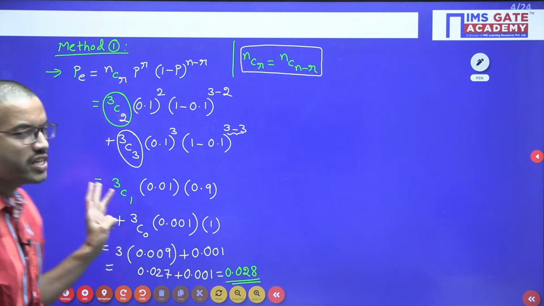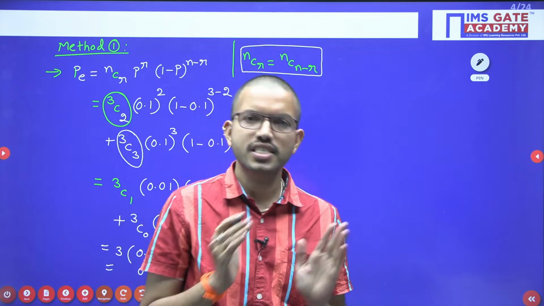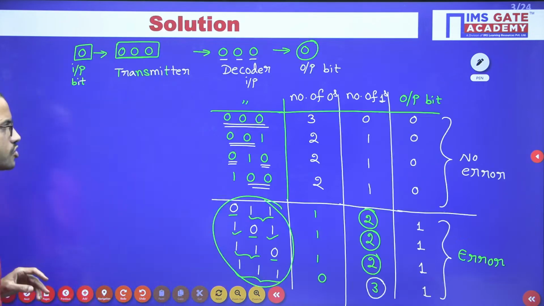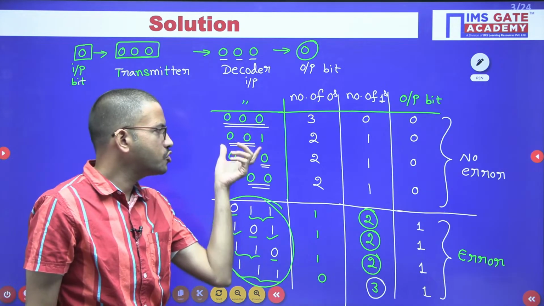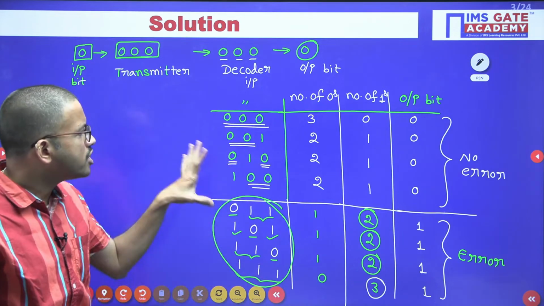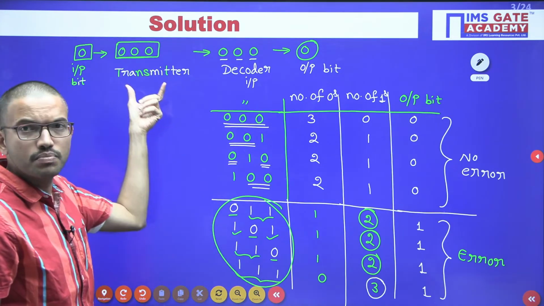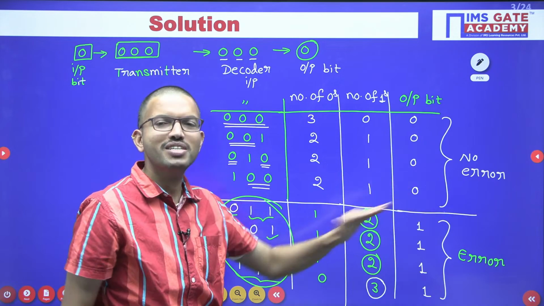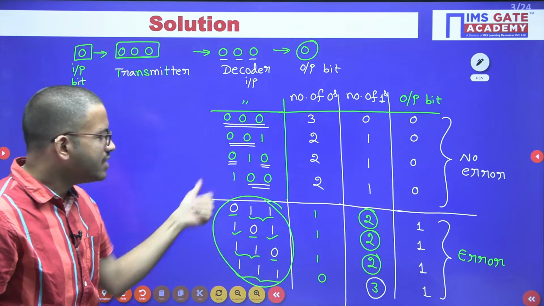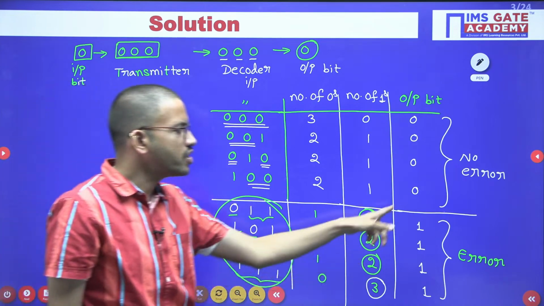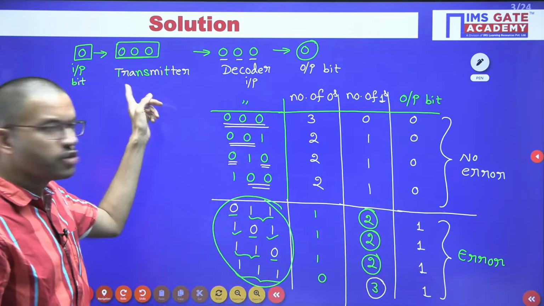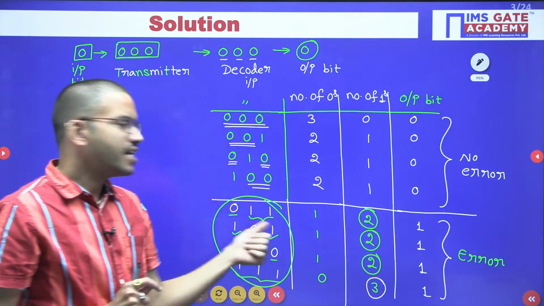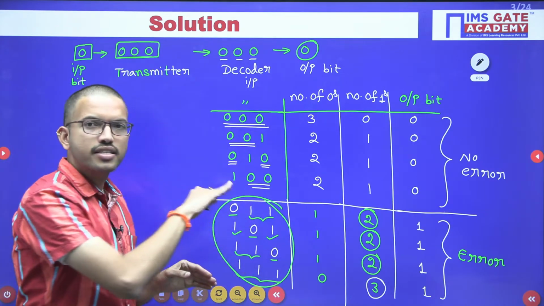When you are transmitting 3 bits, ideally you should receive the same bits that were transmitted. But for this question, regarding those 3 bits, you may receive any of these 8 combinations. Out of these 8 combinations, if you get any of these 4, the final output is 0, so there is no error at all. If you receive any of the other 4 combinations, the output is 1. So at the transmitter you transmitted 0, but at the receiver you are receiving 1, so 0 becomes 1, and that is the error. So for these 4 combinations we calculate the probability of error.